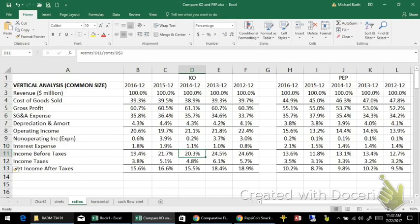When we get down here to net income, there's still about a 5-point advantage for Coca-Cola in the latest year, but notice that Coke was much higher. They were twice Pepsi's net profit margin in 2012. Pepsi's has stayed fairly stable at right around 10%. Coke's has moved down a little bit in the last few years from 19, 18, 16, 16 and a half,